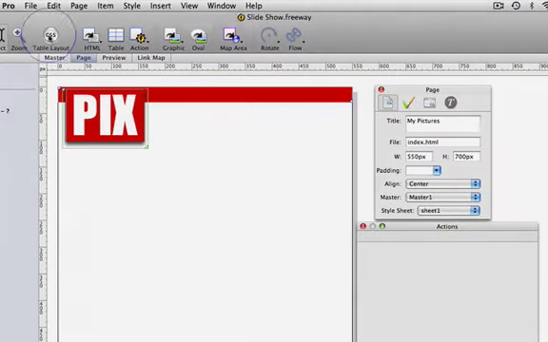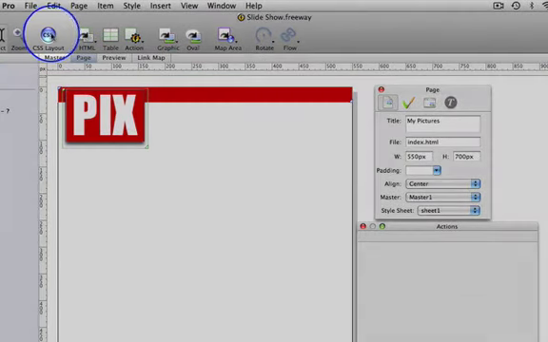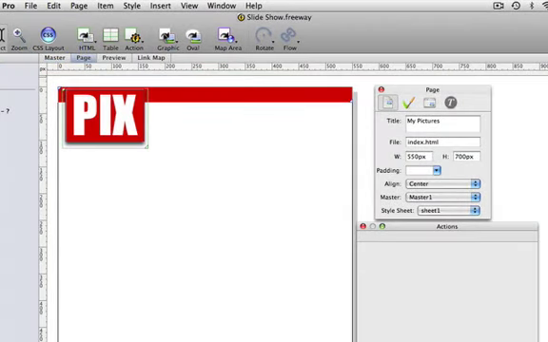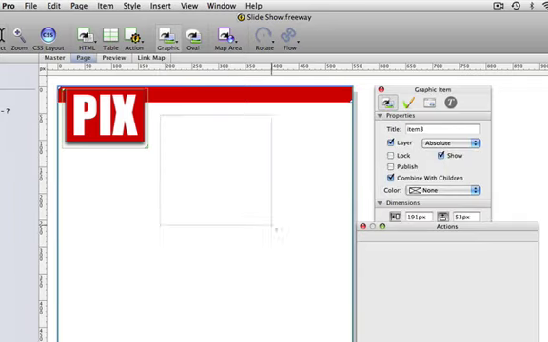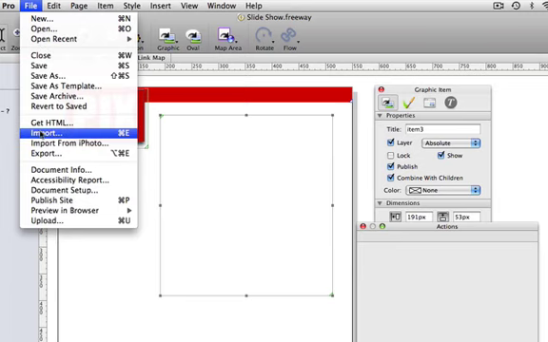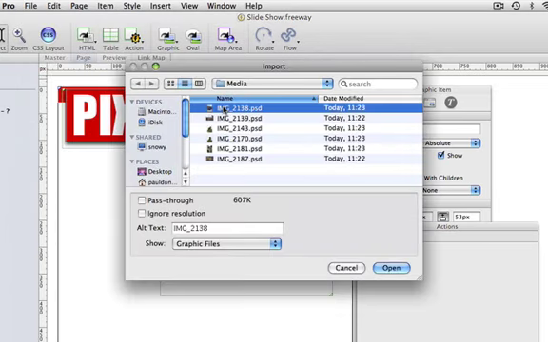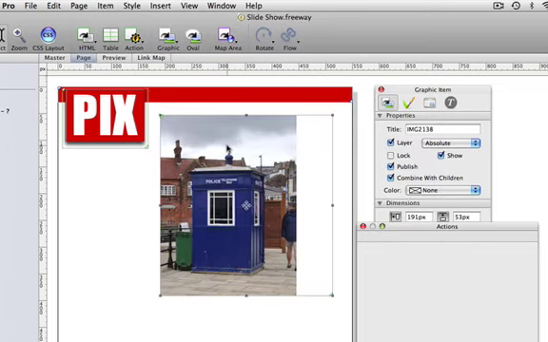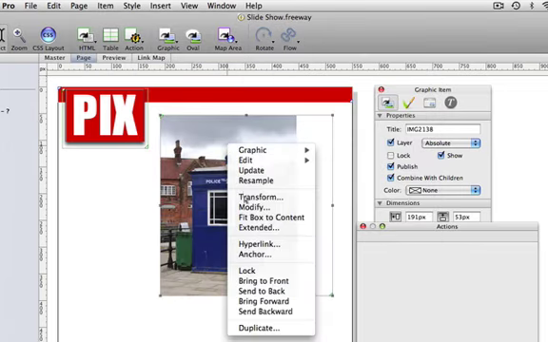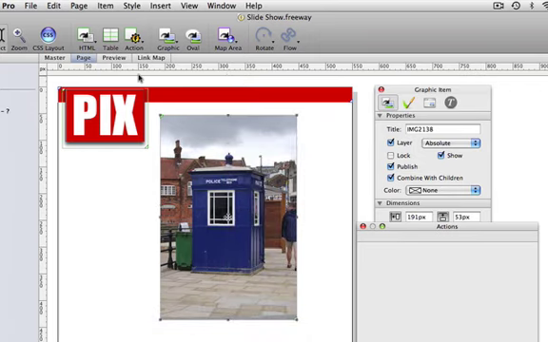In Freeway, make sure that the CSS layout button is on. Then draw a graphic box on the page. We want an image in this, so we'll go to File, Import, and I'm going to choose an image from the window which opens up. I'll use the contextual menu to fit the box to the content,